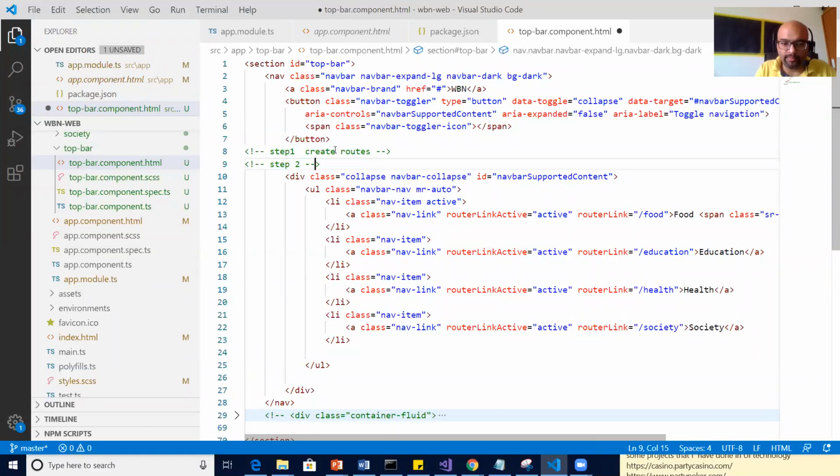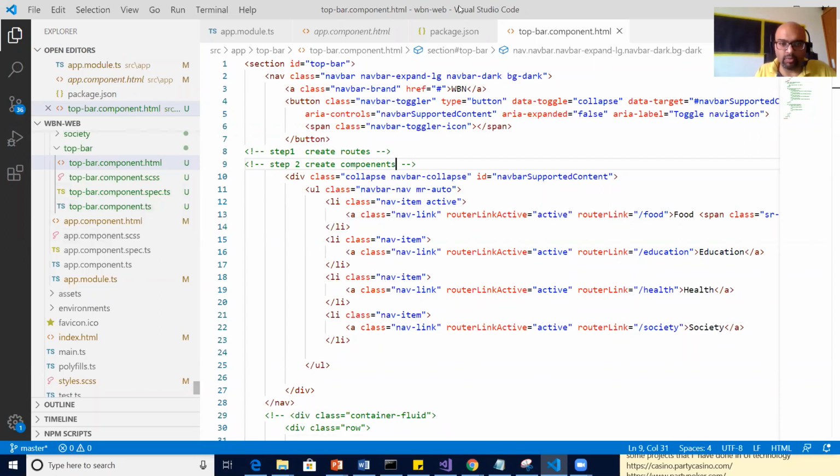And step 2, create components. Done, good. Now I'm sorted.